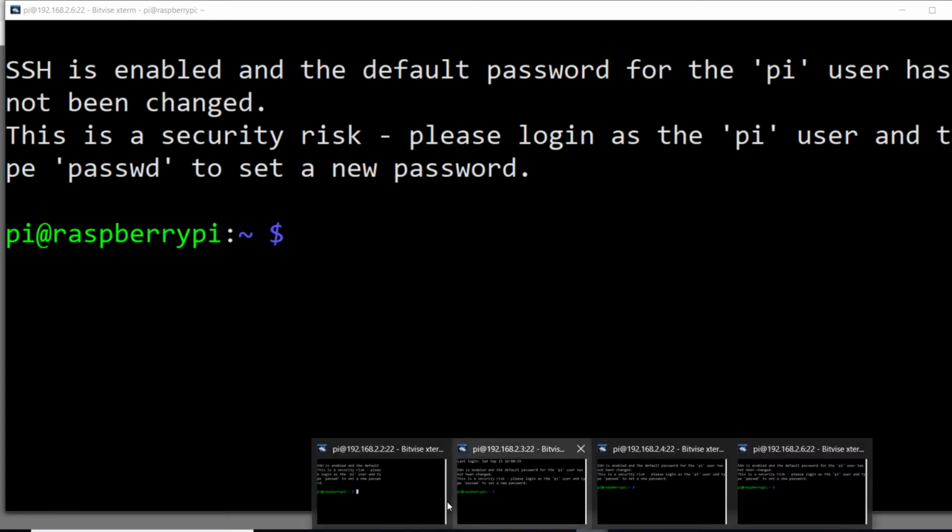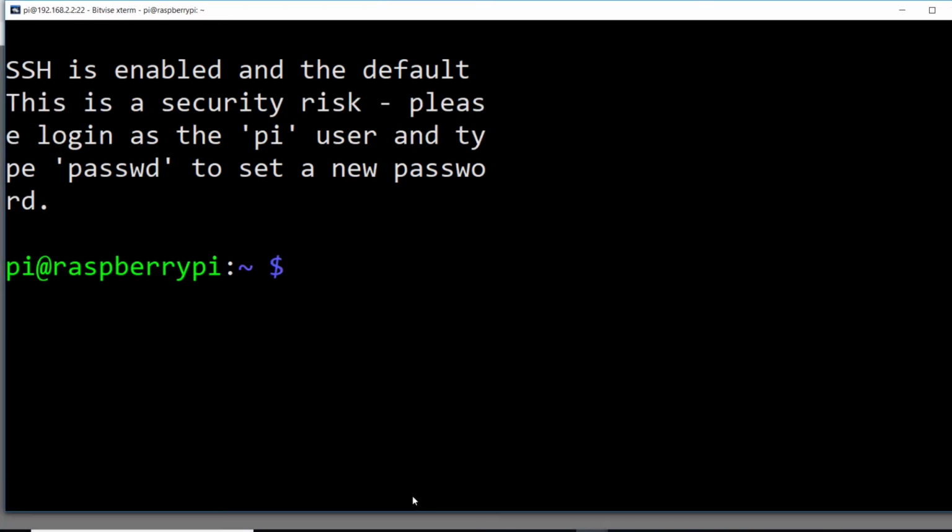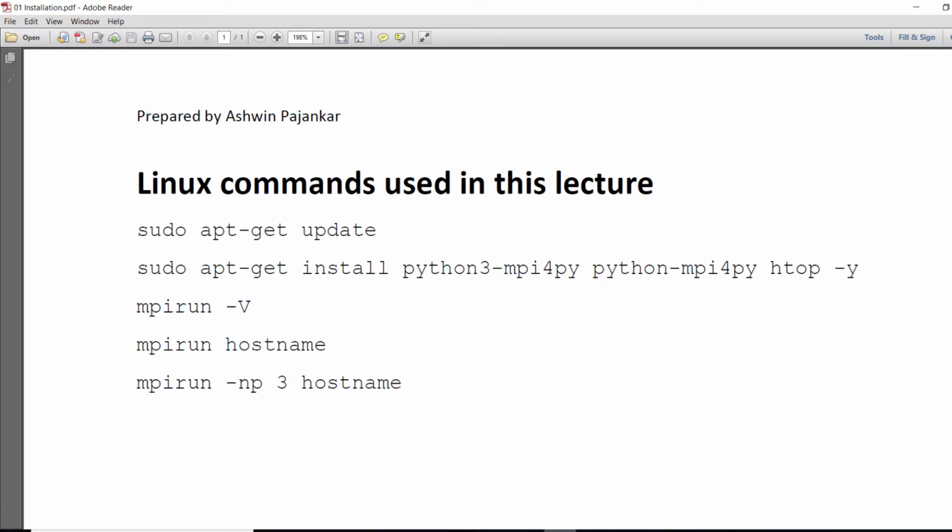Okay, so these are the 4 nodes that we are connected to, and I have already prepared a list of all the commands that we need to execute in order to set up our cluster.